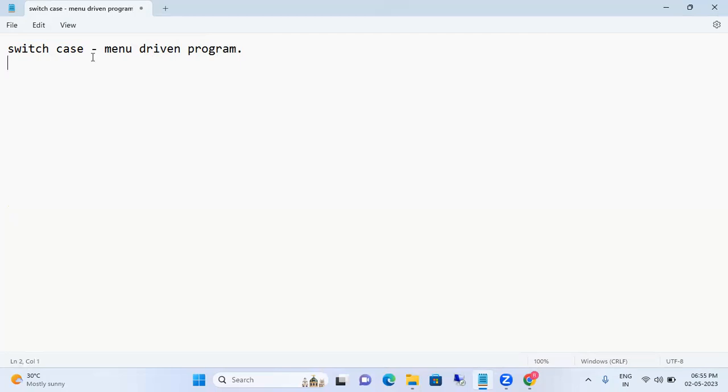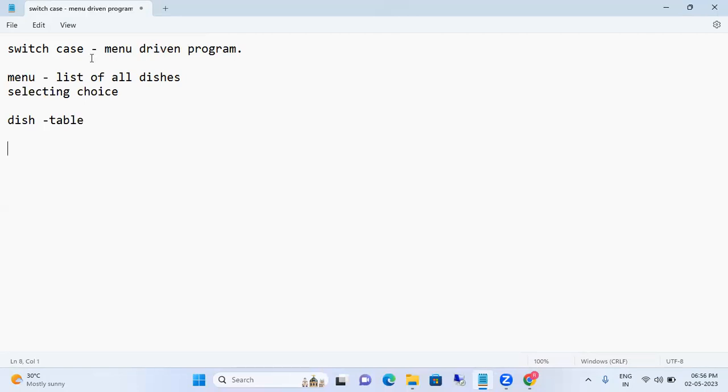Let's say whenever we are going to the restaurant, right? In the restaurant, there are so many dishes available, and those dishes are available in the form of a menu in front of us. In the menu, you have a list of all the dishes the restaurant is providing to you. But what we are doing is selecting what we want to eat. So we are selecting our choice, and based on this choice, we are getting the dish on our table. In the similar manner